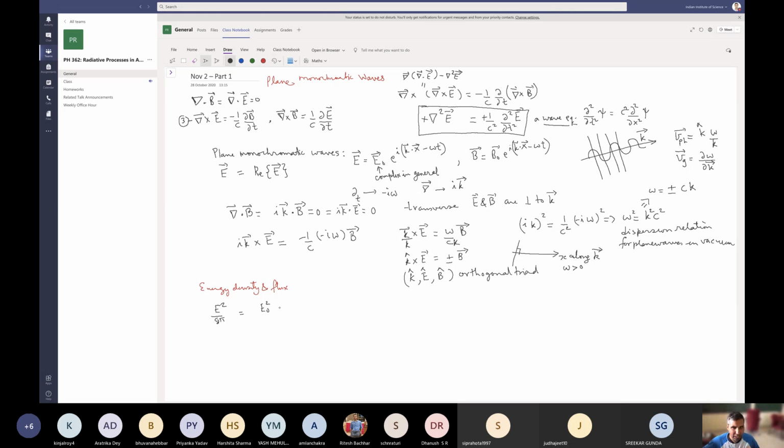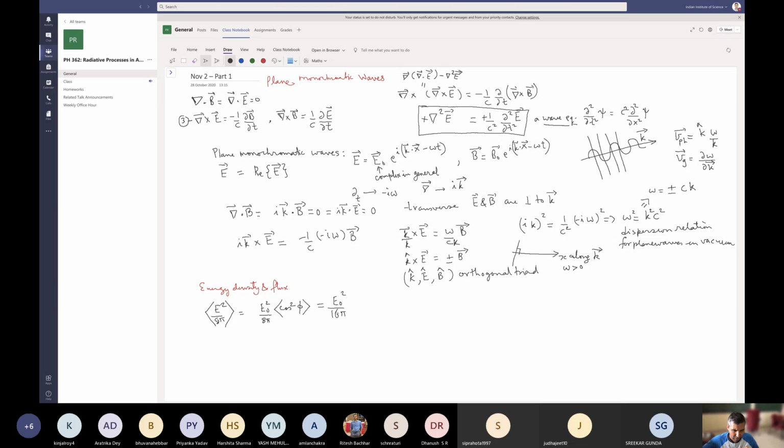So what is E squared by 8 pi? This is just E naught squared by 8 pi, and then we have cos squared times this phase factor. This whole thing is phi, the phase factor. Normally these waves are traveling and oscillating very, very fast, so what you typically do is average over this fast varying phase. If you do that, what you get is E naught squared by 16 pi,